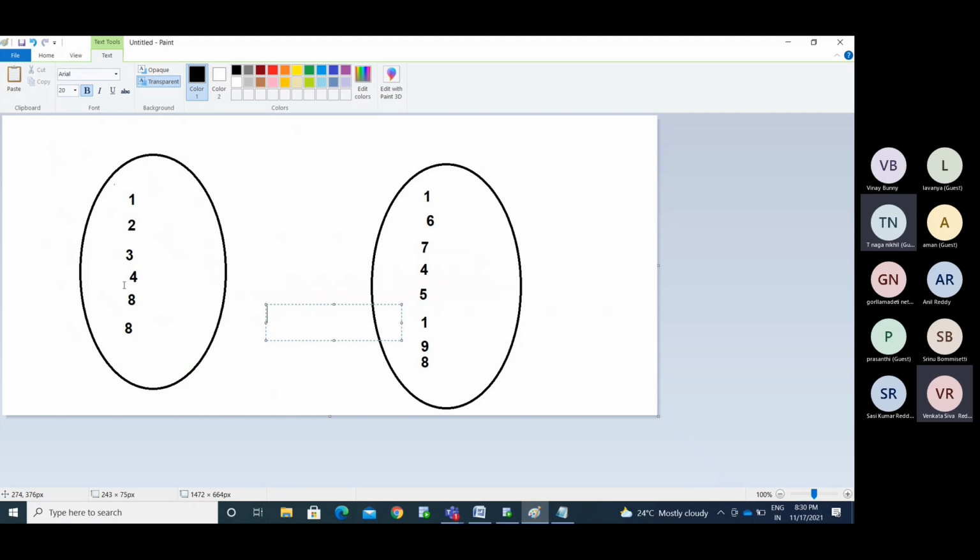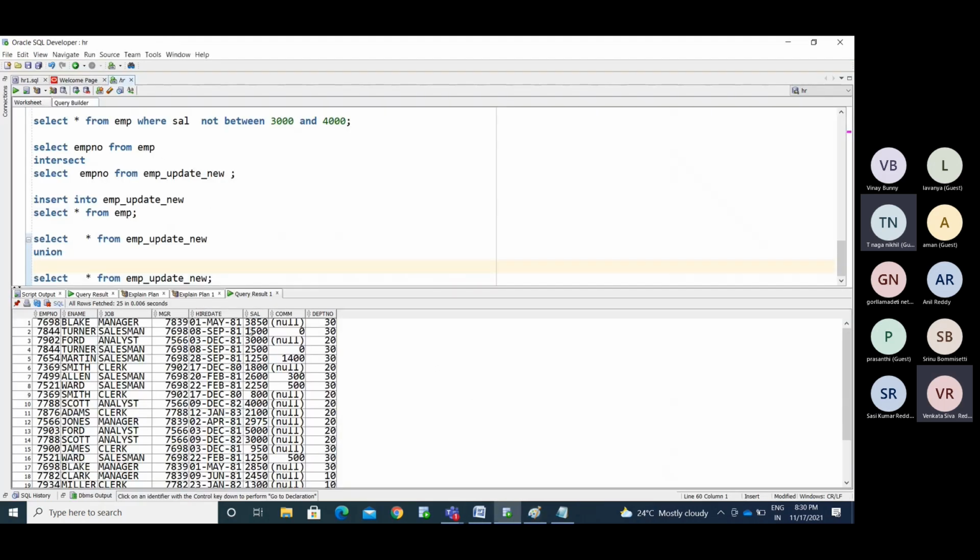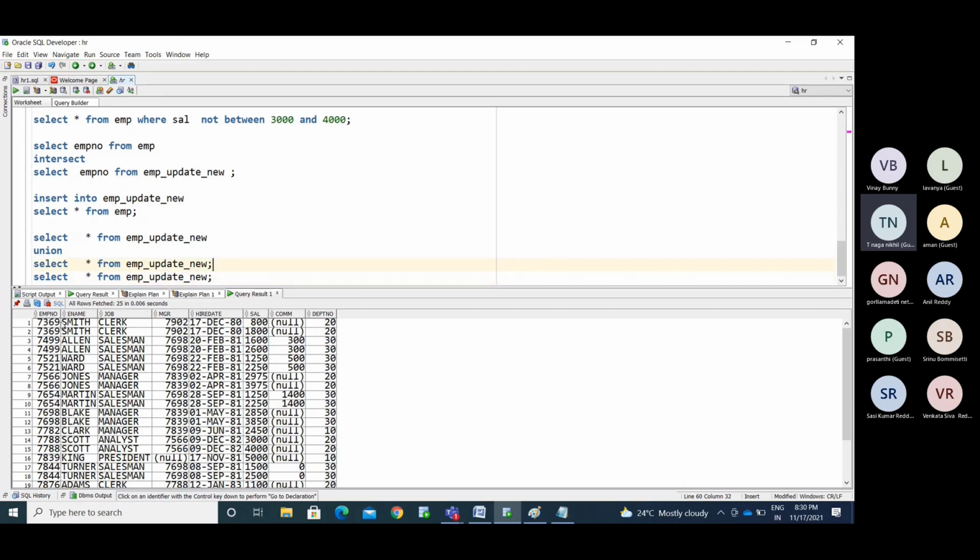It eliminates all the duplicate values and displays the remaining values. Now I am performing with the same. We are getting 25 records without using distinct and unique.